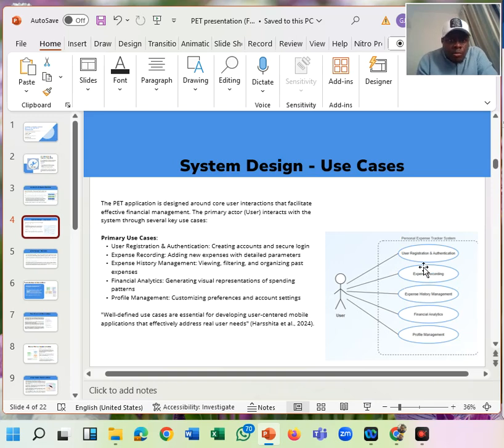The second use case here is what I call expense recording. This expense recording incorporates sophisticated form validation with real-time feedback and intelligent defaults to minimize user input effort while maximizing data accuracy. The third use case here is expense history management. Leveraging advanced data manipulation techniques, it allows users to conduct complex queries through an